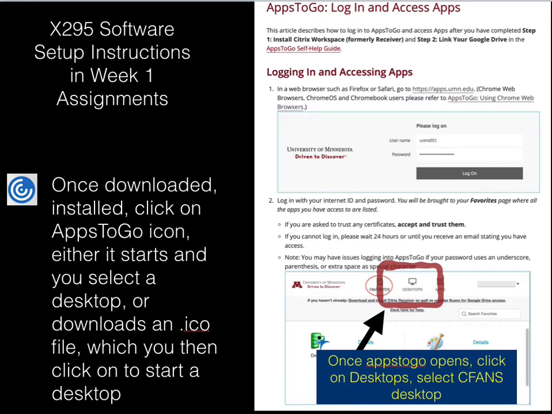What else? Yeah, you have to use this Apps to Go. That's the name of the software that you're using. It'll download Apps to Go onto your computer, and it'll do it once, and then you'll have this Apps to Go icon. And when you click on this Apps to Go icon, once you've installed Apps to Go, and you only have to do that once, it'll either start directly, depending upon your operating system and how things are set up, or it will download a .ico file, and you'll have to click on that file to start an instance of your